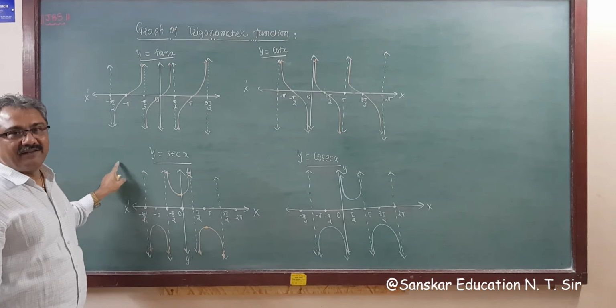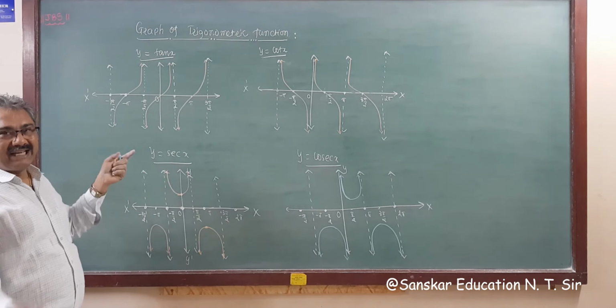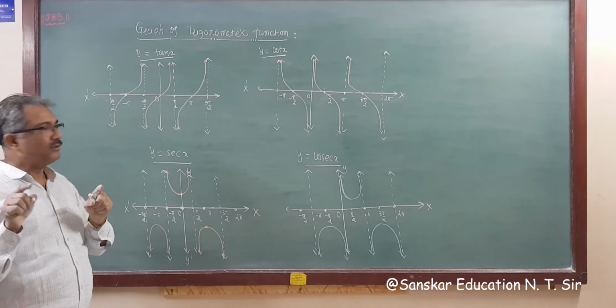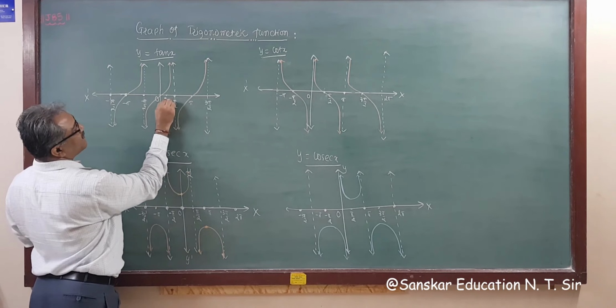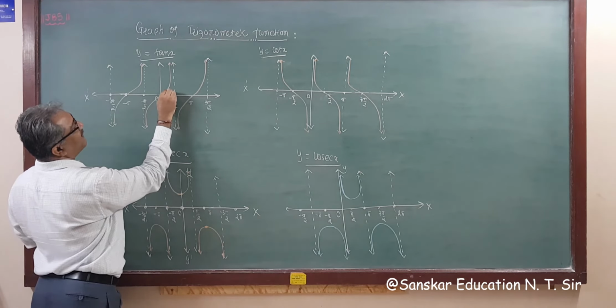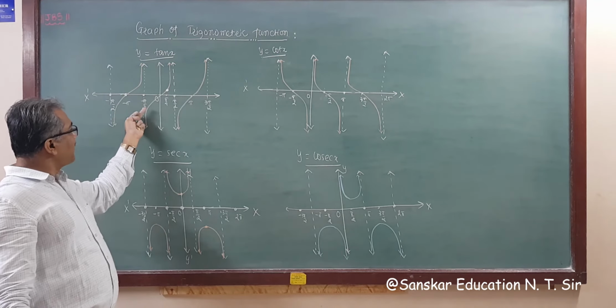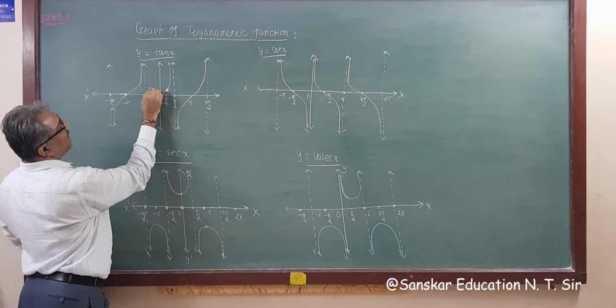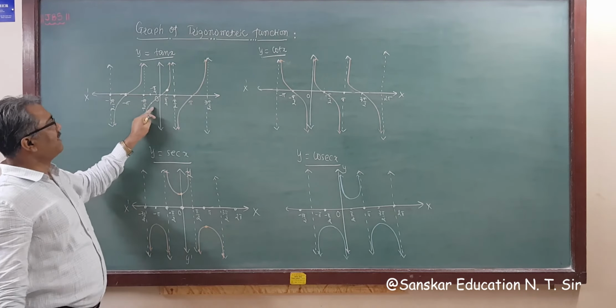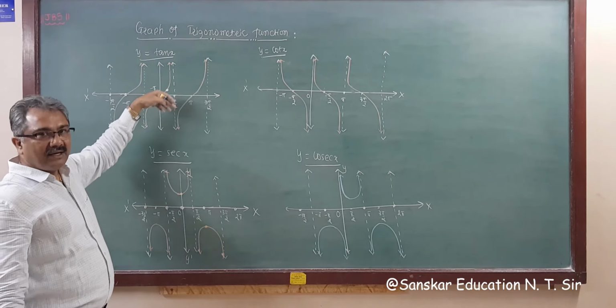So this is the graph of tan function. As you know, tan 0 is 0, so it is 0 here, and tan pi by 4 is 1. So suppose this is pi by 4, then you will get 1 here, right? And tan pi by 2 is not defined, so this is not defined. Minus pi by 2 is again not defined, and tan minus pi by 4 is minus 1. So you can get the graph of tan function, right? It's like this. Similarly, cot is the reverse of tan, so this is the graph of cot function.